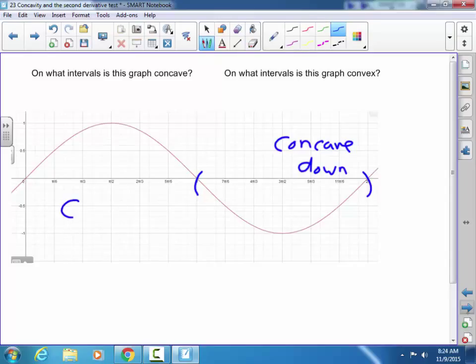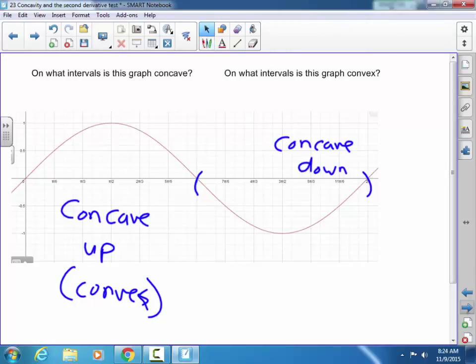Spell it out in your head. Concave up, which is just another way of saying convex. But in math, we talk about concave up. It's concave up from here to here. All right? Now,